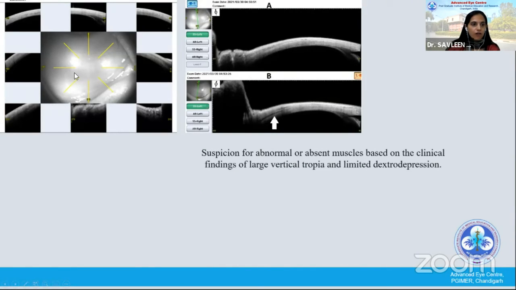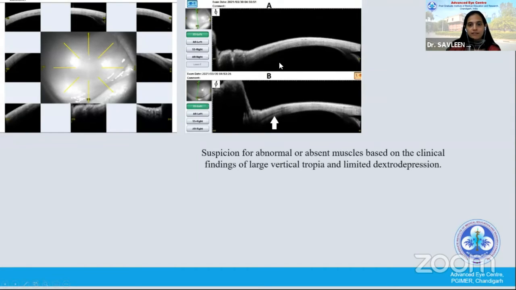We try to see in all sectors where the inferior rectus should be, and try to go a little medial and a little lateral also. In all views we could not see it. This is the right eye of the patient. In the same section, you don't see the muscle, and in the left eye, the same section you image on the ASOCT, and voila, you see the inferior rectus at the normal place.